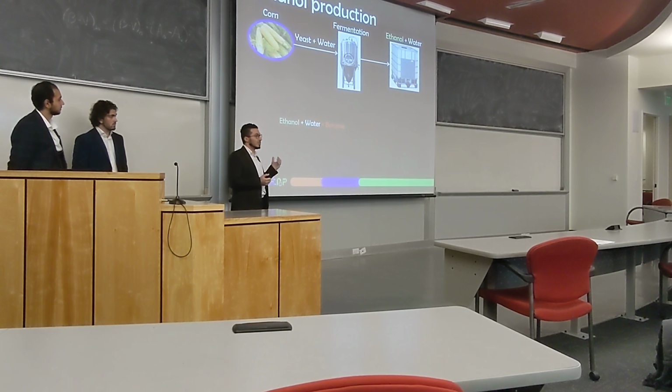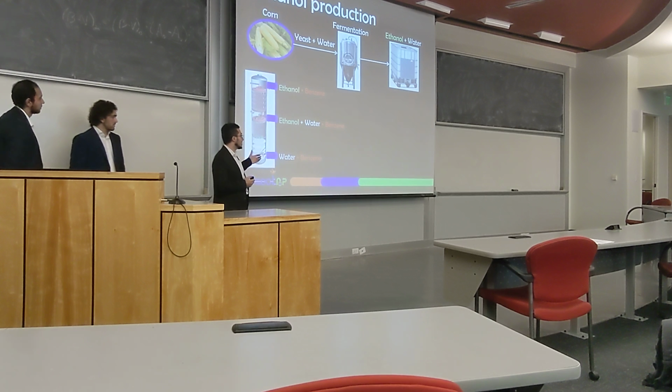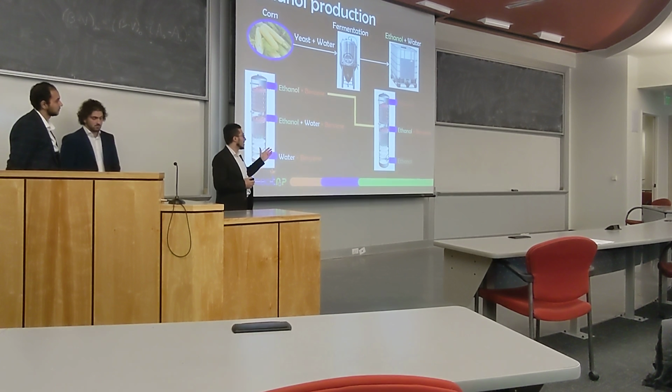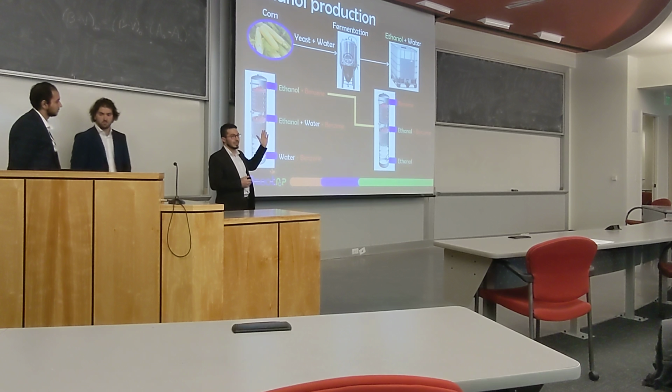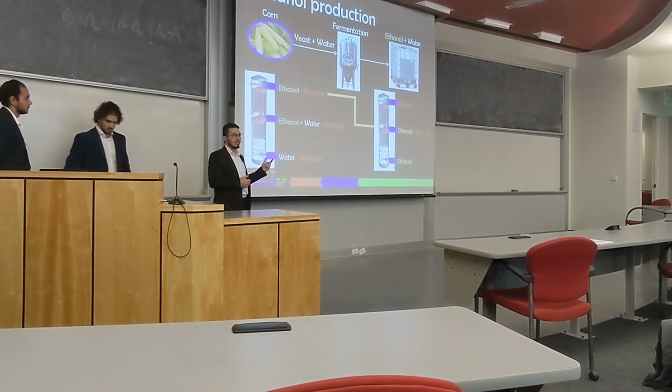They can do that by introducing a third component, something like benzene, and they can do the distillation in two steps, like ethanol, water, benzene. Then ethanol and benzene would be in the light phase, water and benzene would be in the heavy phase. And then they would take the light phase, which is ethanol and benzene, and do another step of distillation, separating it into benzene in the light phase, and ethanol. So it's a two-step process instead of a one-step simple distillation process.